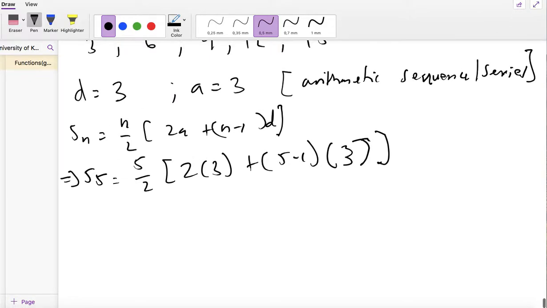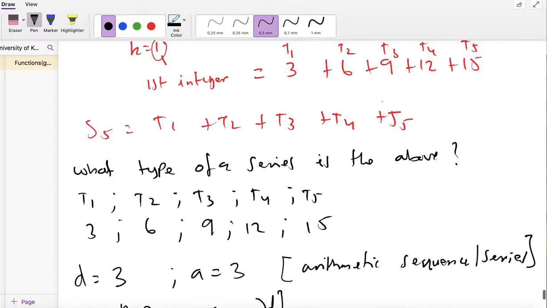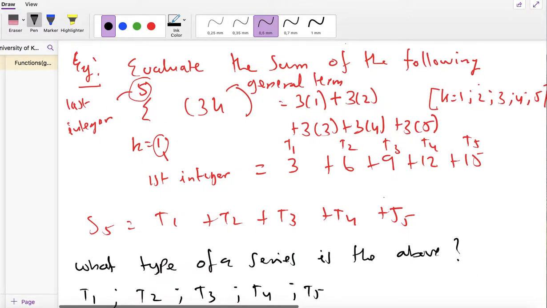So let's work out the sum. So 5 over 2, 2 times 3 is 6, 5 minus 1 is 4, times 3 is 12. So this gives us 5 over 2 into 18. 2 goes into 18 9 times, and 5 times 9 is 45. Okay, so the sum of the first 5 terms is 45. And you will see that if you add this all up, you'll get 45. So the sigma notation works hand in hand with the old notation, sum